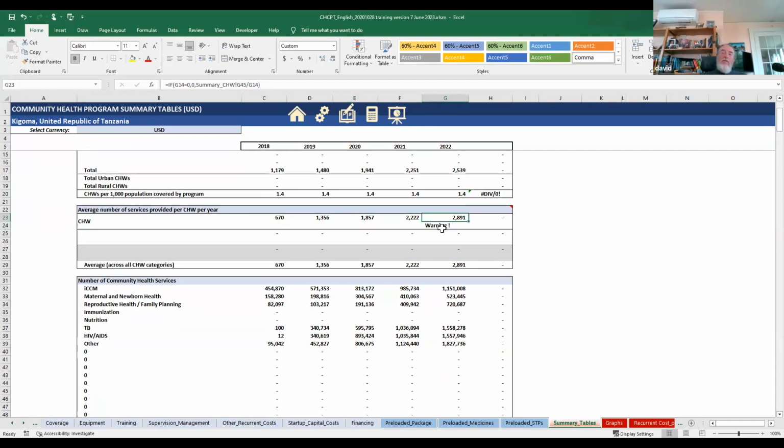...until they get to 2022, and the warning sign has come up there because they don't actually have enough time to provide those services in 2022, because of the normative time that's required to produce each service and because of the hours that they have available to work. So in this case, for 2022, you would have to do what I suggested earlier. You'd either have to have the community health workers work more hours, or you would have to scale back the target, one of the targets or all of the targets for